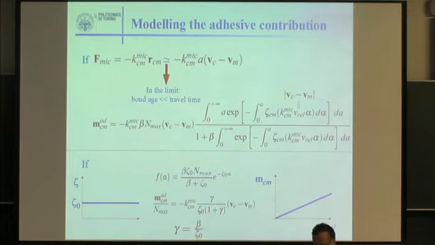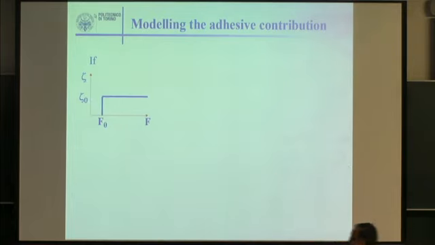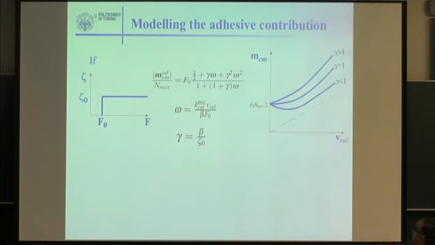Instead, if you allow a threshold in order to break up the bond, that is, the bonds break up only if there is a minimal force acting on them, you again play with the formulas, and what you get is something like this one. That is, you don't start from the origin, but you have a threshold value of the macroscopic interaction force,